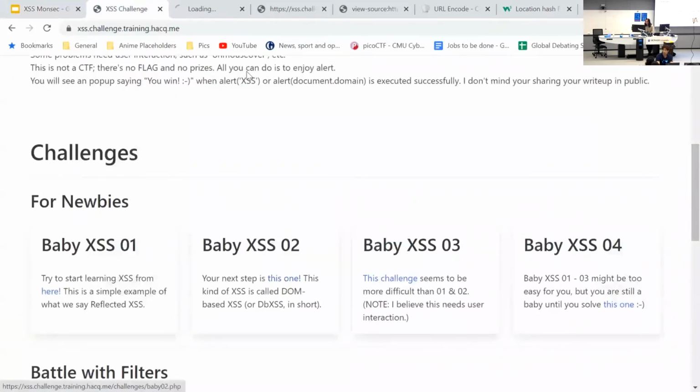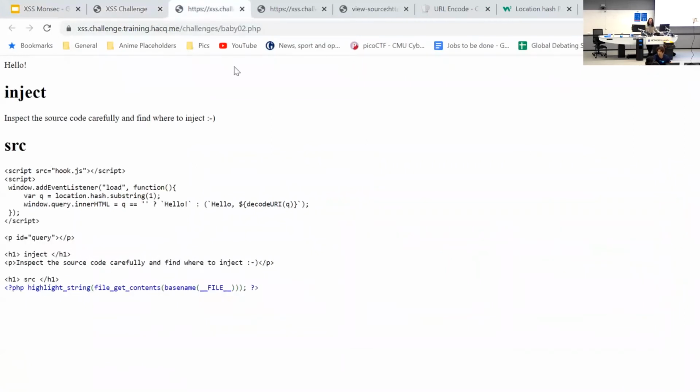What we can see in this particular challenge is, hey, there's no direct input field. I can't just type in a script and get it to run something for me. Where can I possibly have some user input so that I'm able to inject some code? If you look at the source, you get this interesting thing. It says "hello," and then it wants to use this variable q, and it gets this variable q from